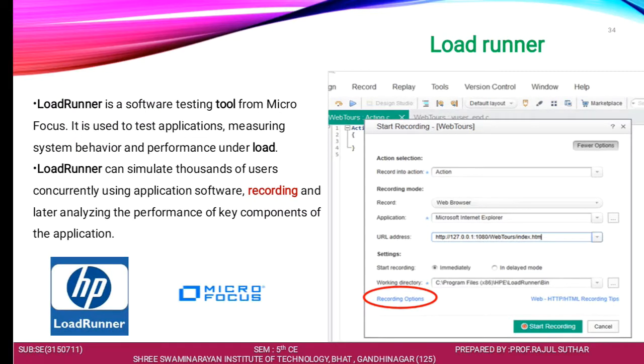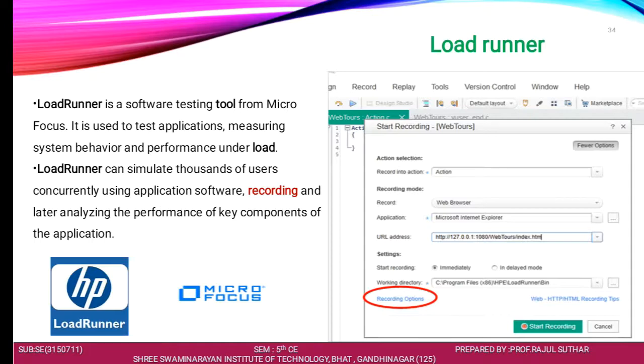Then the last one, LoadRunner. LoadRunner is a software testing tool from Micro Focus. HP also provided LoadRunner; these two companies are mostly involved in building LoadRunner. It is used to test the application, measuring the system behavior and performance under load. LoadRunner can simulate thousands of users concurrently using the application software.